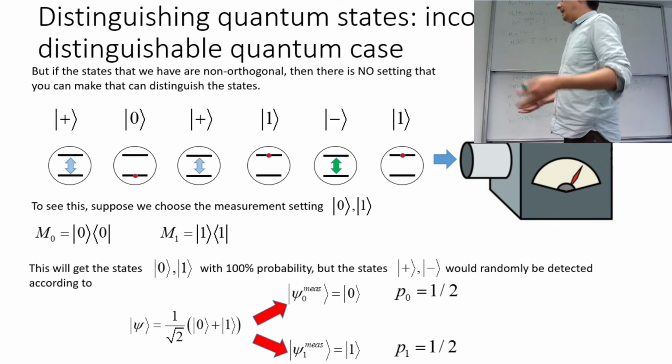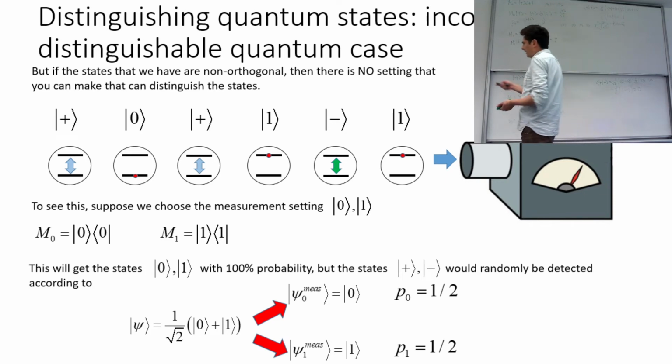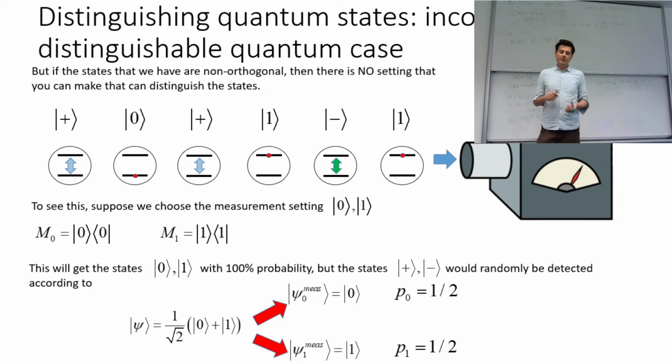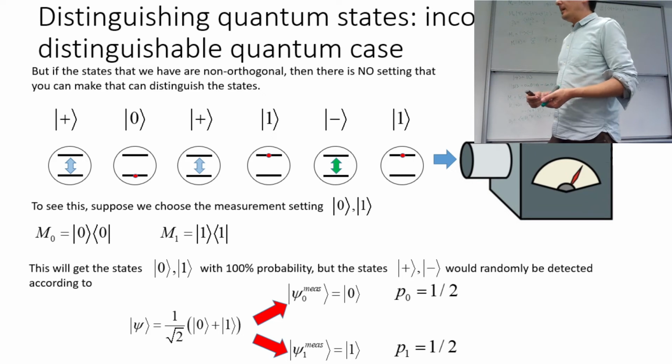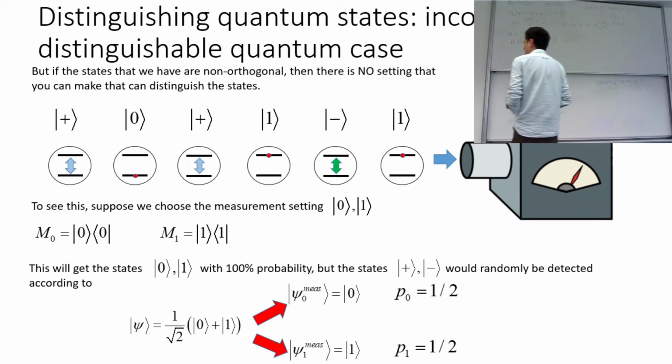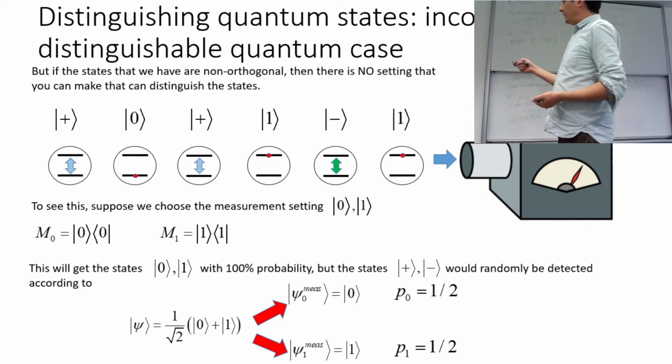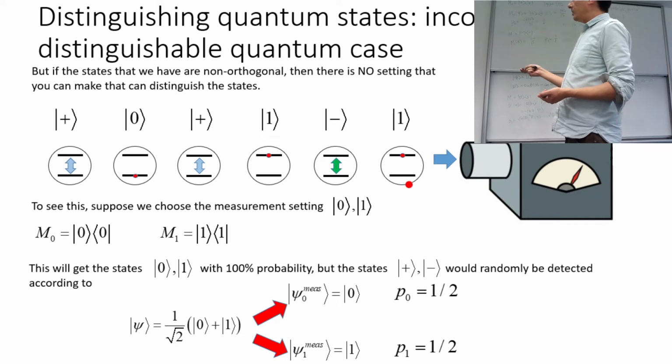So, it is pretty secure, but this one is based on a different principle. It's based on the laws of physics rather than any limitations of computing capabilities. Quantum mechanics basically says that you just cannot tell the difference between all these ones. So there's no measurement setting that you can have such as to